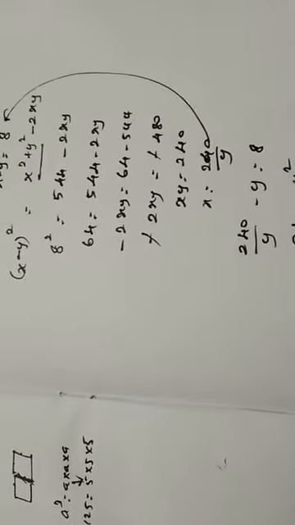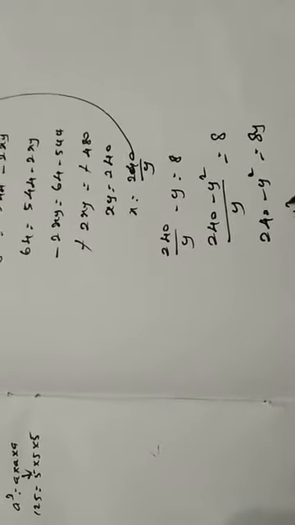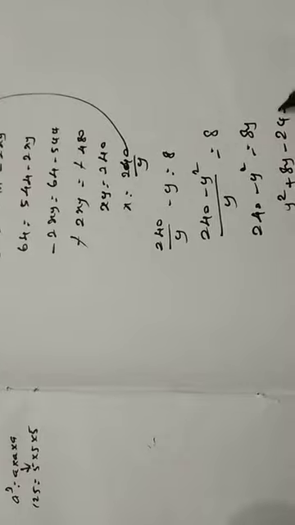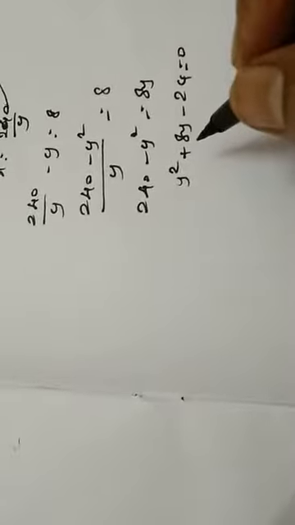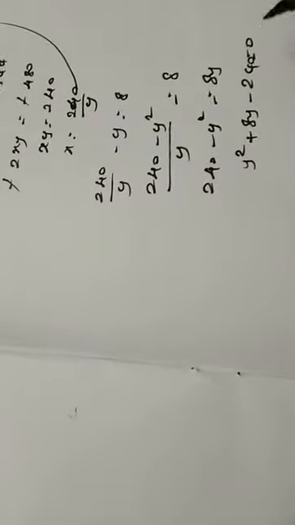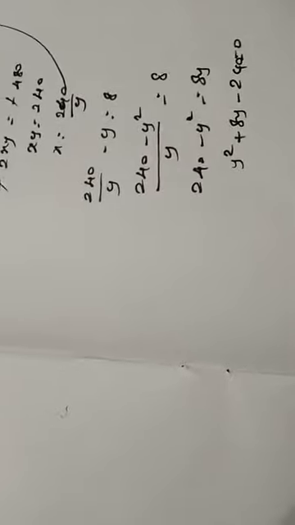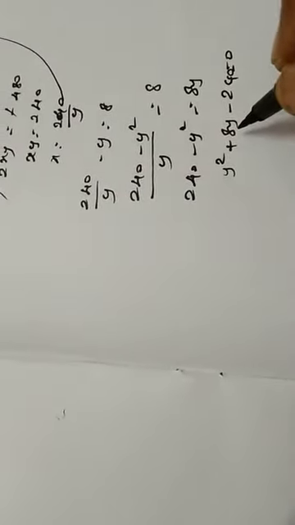So we need to find the equation. This one we need to write on the right hand side. So for that, plus y squared plus 8y, this one is minus 240 equal to 0. So now we need to do the middle term separation. Here 240, so it's possible here 8, so one is definitely negative, another one is positive.